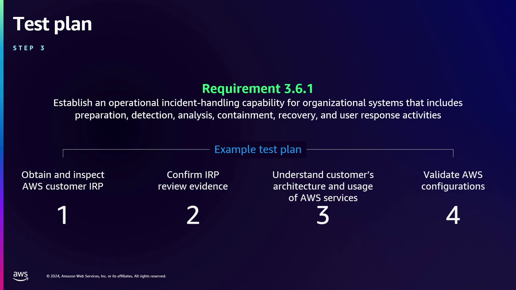You want to make sure that's all integrating, right? And then number 3, understand the architecture usage of those AWS services. And number 4, actually inspect that those configurations match your incident response plan, that things are actually functioning as you are documenting them within your policies and procedures, et cetera. So end-to-end, how do we assess that incident response plan? How do we assess our environment? How do we make sure that our services are configured to actually go from step A all the way through remediation for an incident response?